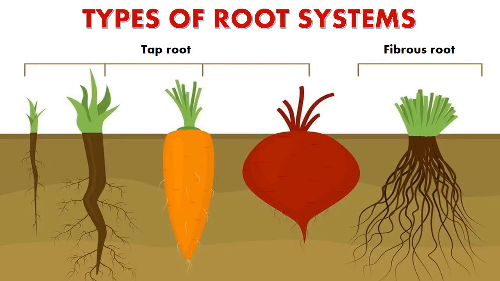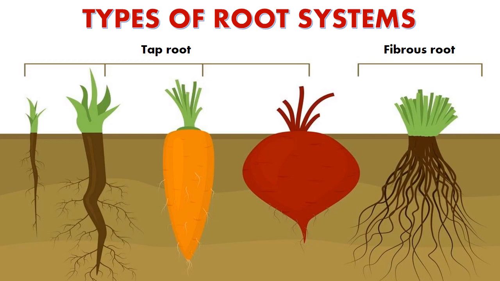Now the types of root system. There are two types of root systems present. It's taproot system and fibrous root system. In the picture you can see that the taproot system has a main root that is present in the center, and the thickness of the main root can vary from plant to plant. So the main root can be a little bit thin also and it can be very thick also. Why it becomes thick, we will study in further slides when we will learn about root modifications.